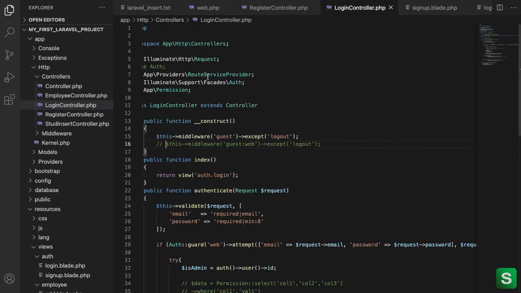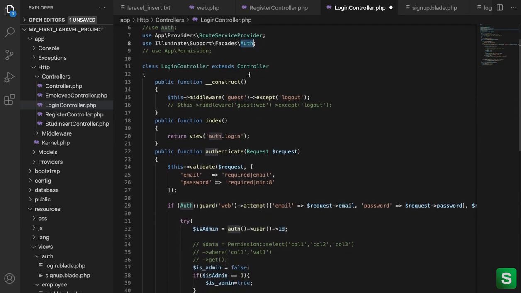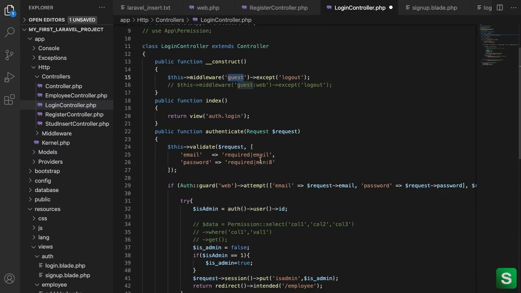Here in the login controller, I am using the same route service provider, and this permission is not used. Actually this is a custom one, so comment it out, and the auth. In the constructor I am using this again for guest except logout, because logout will be hit by the logged in user.